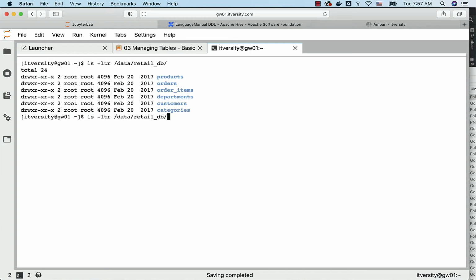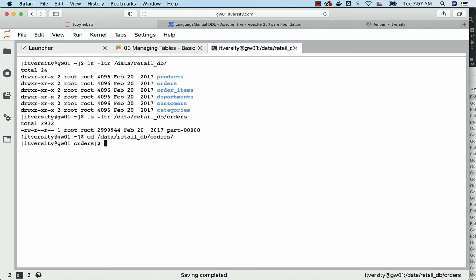Now, if we go into one of the folders, let's say orders, let me use cd here and go into that folder. If you review the files here, the source always sends files in this format. We have to stage them in some location before getting into the landing zone. In this case, the landing zone is nothing but Spark Metastore tables, or all the tables that are created in a Spark Metastore database, which is treated as the landing zone database.